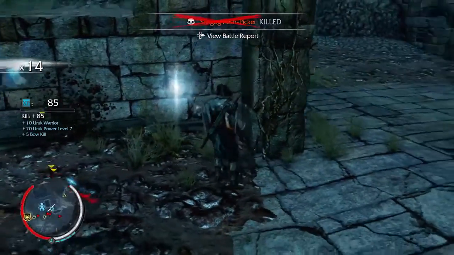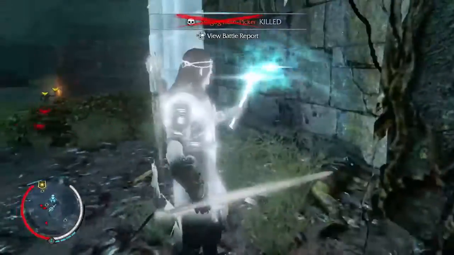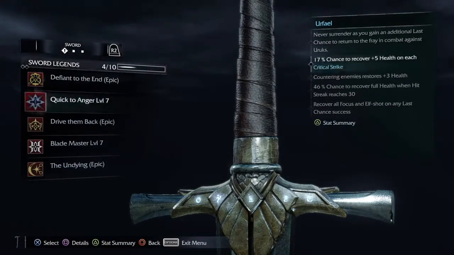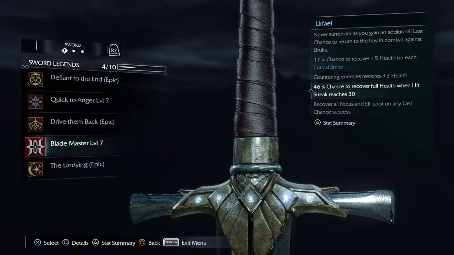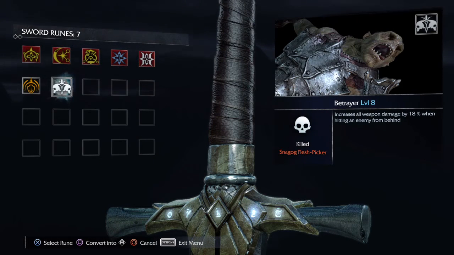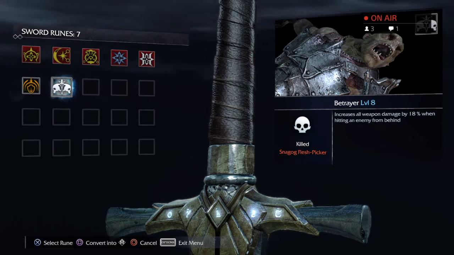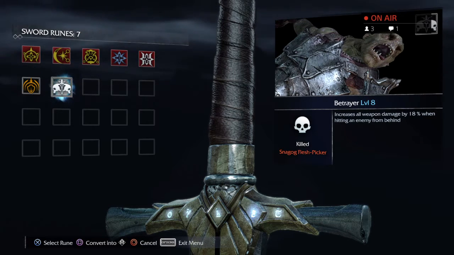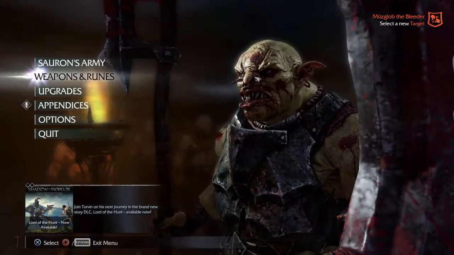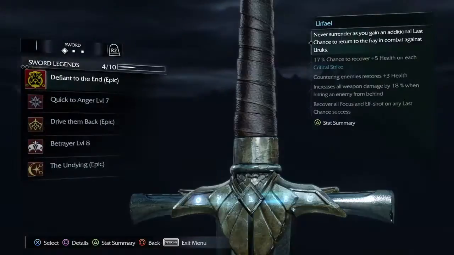Alright, we got a rune. Anything good? Oh, this reminds me of something. Let's see, it's a level 8. Increases all weapon damage by 18% when hitting an enemy from behind. And that sounds fine. Might as well. But this does remind me that...